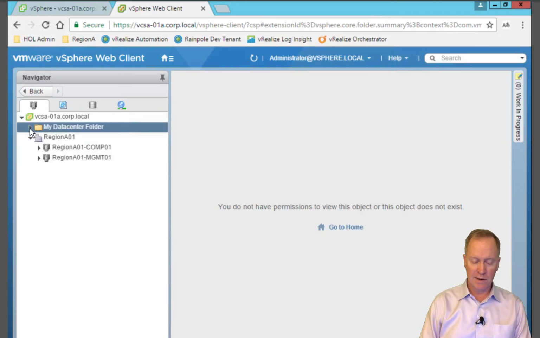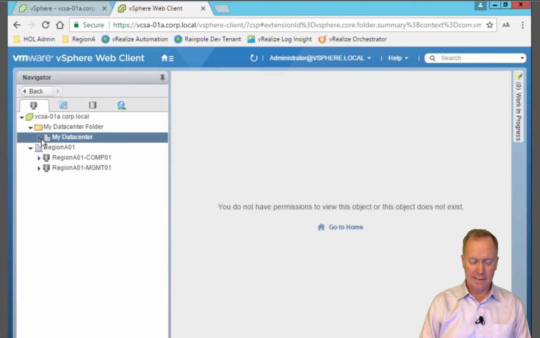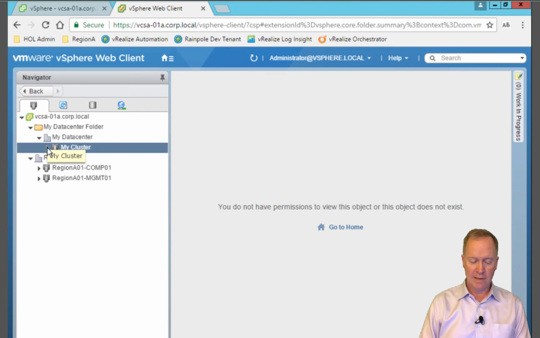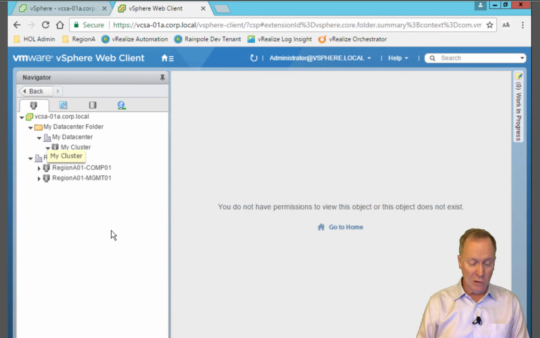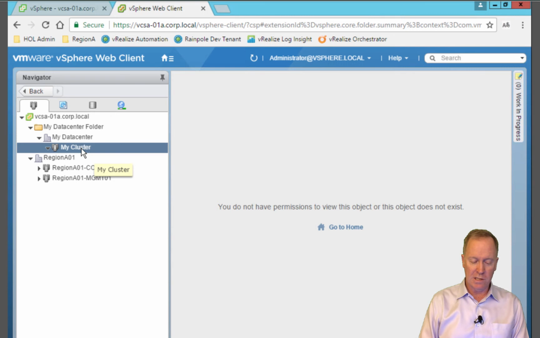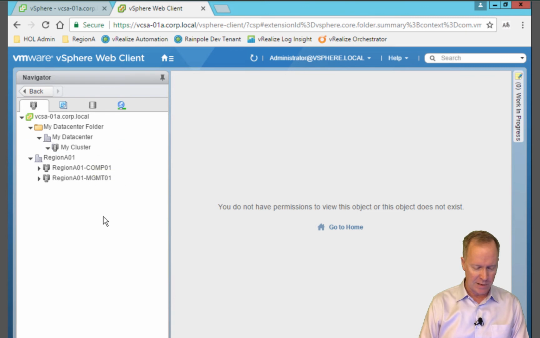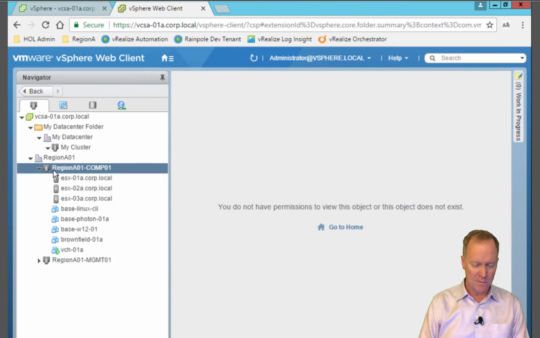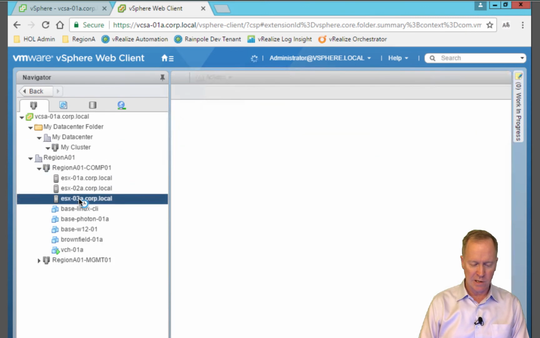In the vSphere web client, we've got a new data center folder, has a data center in it, has a cluster, but the cluster is currently empty. So we're making good progress here, but we want to add a host to this cluster. I only have so many hosts in this environment. Let me go find one. I'm going to steal away this host called